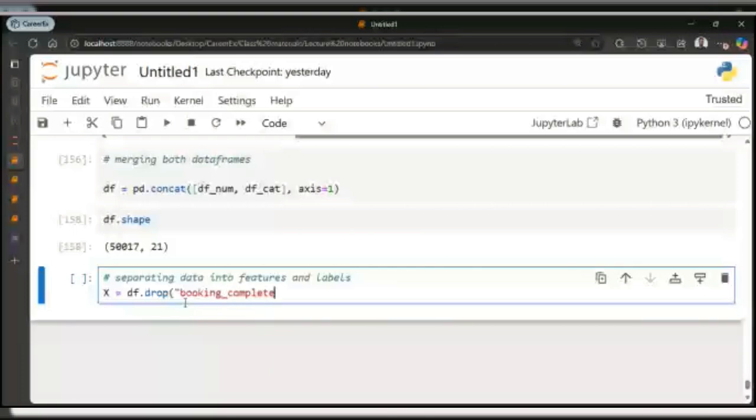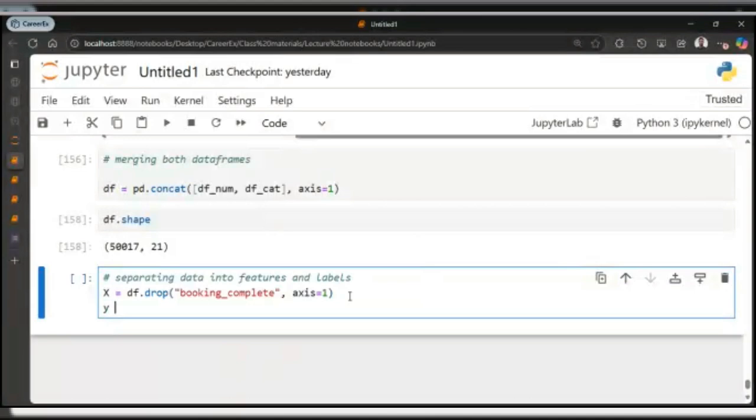All right, so that is on the column axis. And for your y, you can just say df booking_complete. So this is how you just assign it.